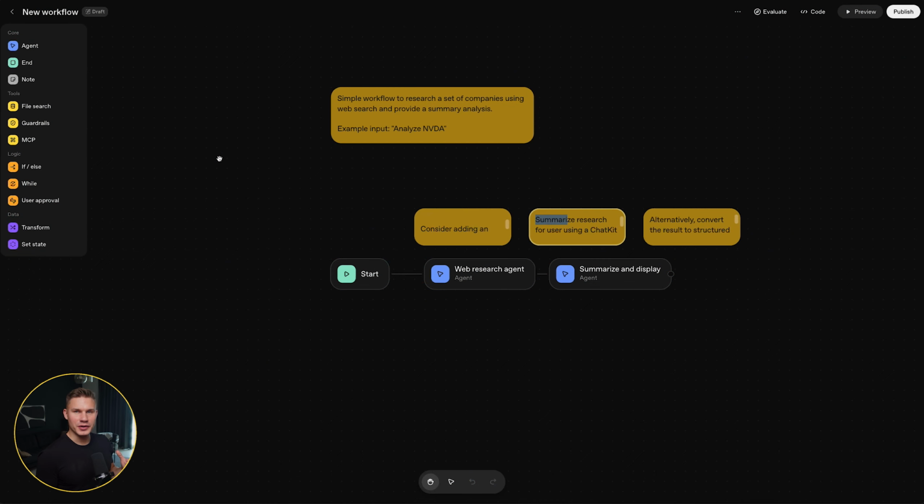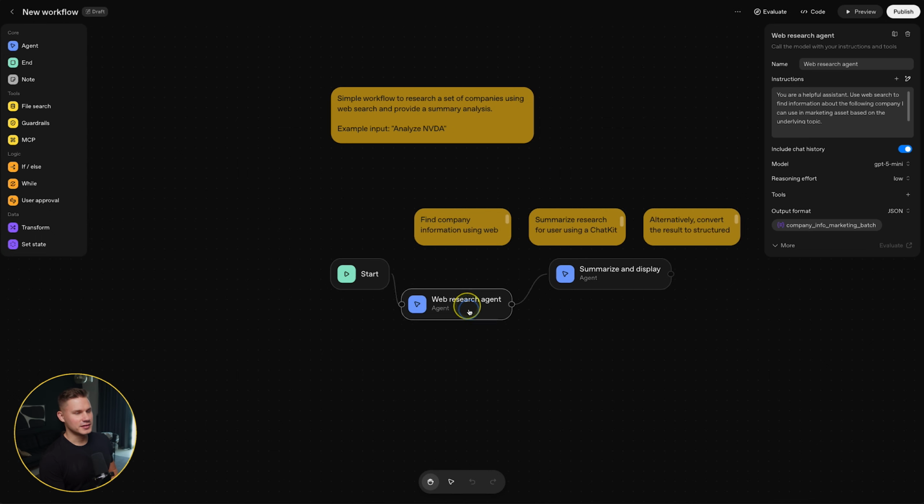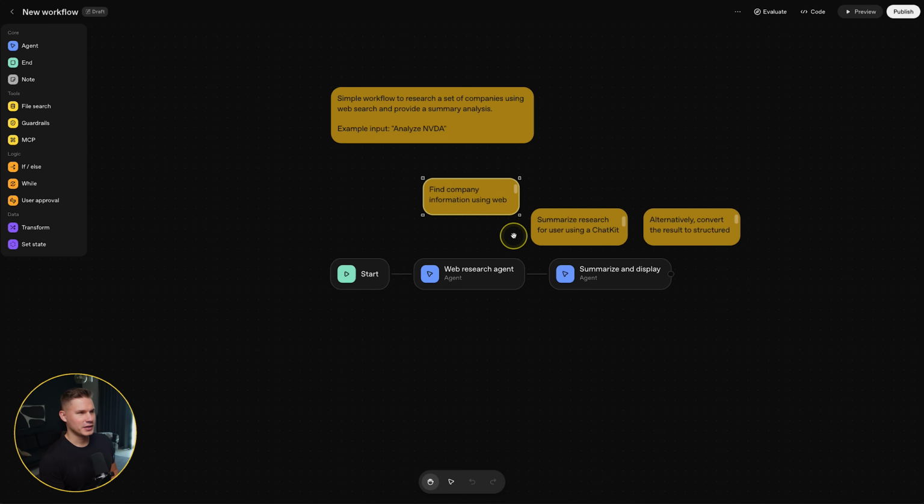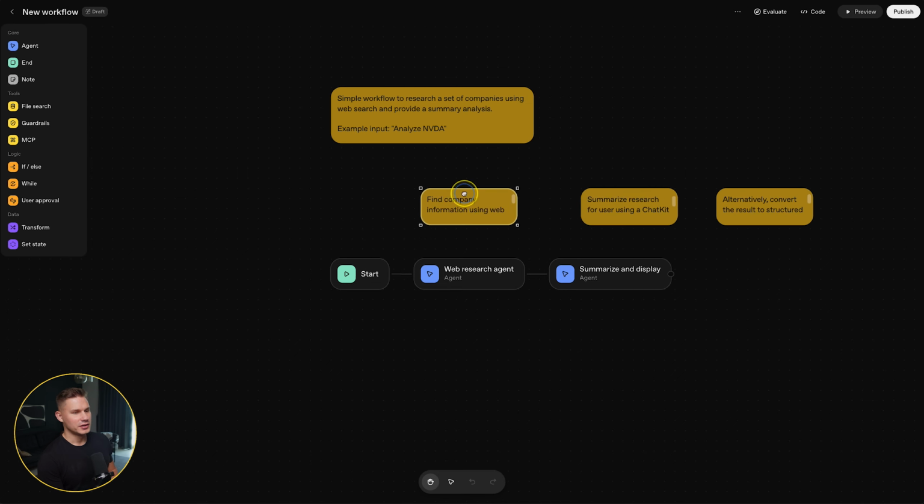So here's the new agent builder by OpenAI. And the first thing that stands out is that it's still drag and drop. I mean, it's 2025, it's almost 2026, and it seems like OpenAI is still thinking in old paradigms from a decade ago. This is definitely not what the future is going to look like.